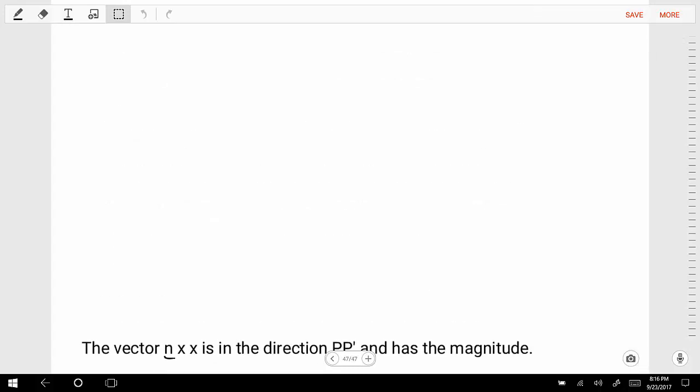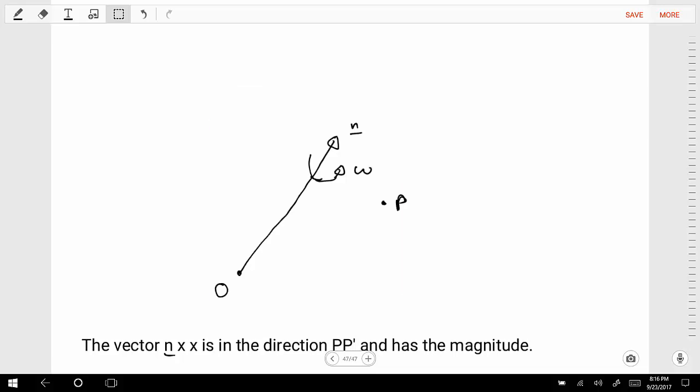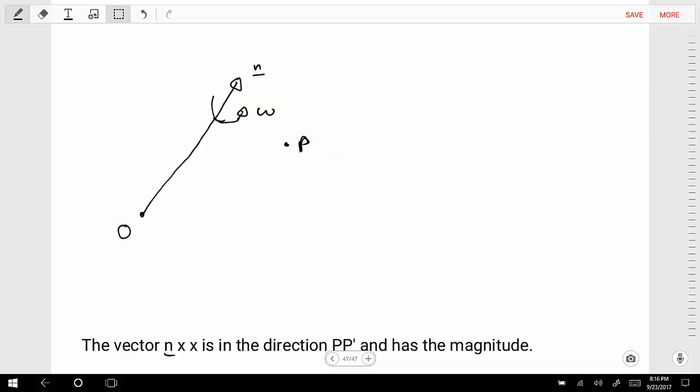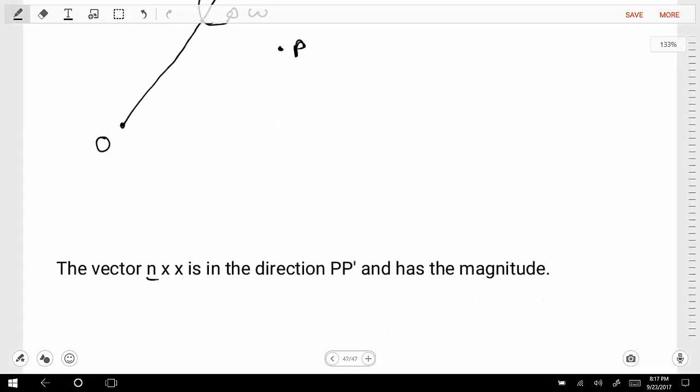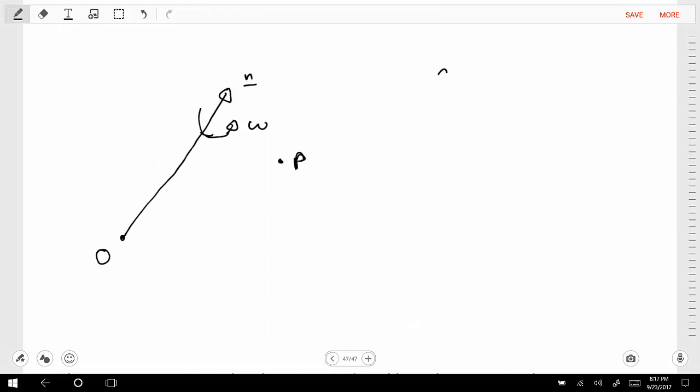Let's start with the same points we had previously. So say O is our origin, and point P is our particle,